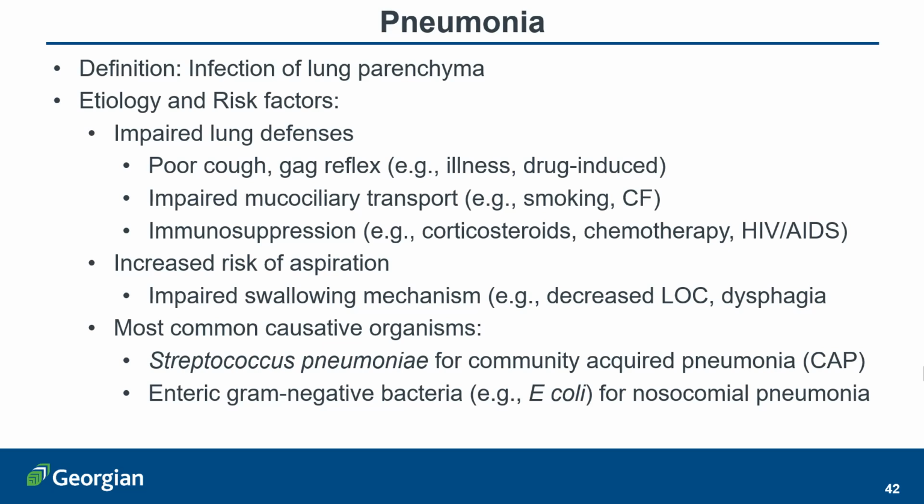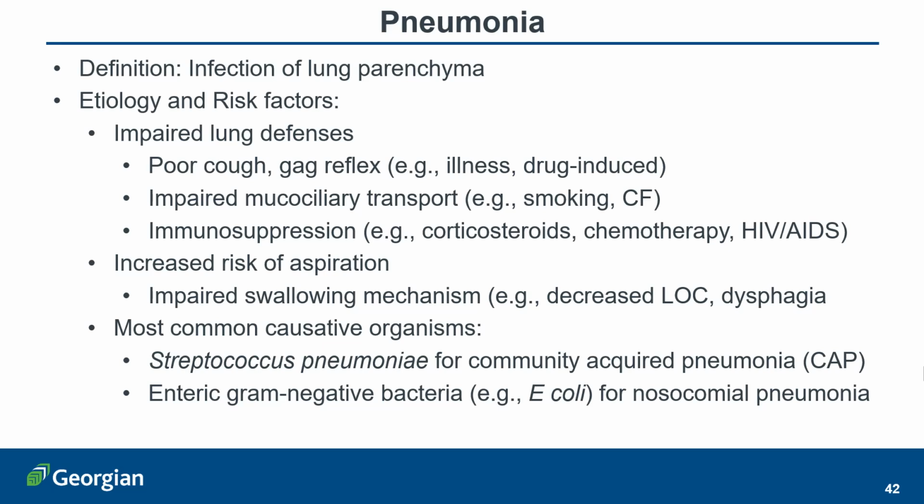Those that have these risk factors are more at risk of developing pneumonia if they have impaired lung defenses, such as a poor cough reflex or a gag reflex. That might be due to illness or drug-induced. If they have impaired mucociliary transport, for example, in cystic fibrosis. If they are immunosuppressed because they are on corticosteroid drugs or chemotherapy or HIV/AIDS, then they have an increased risk